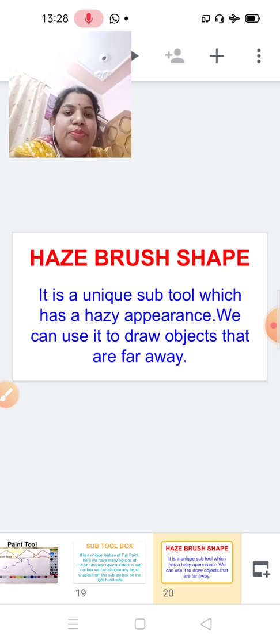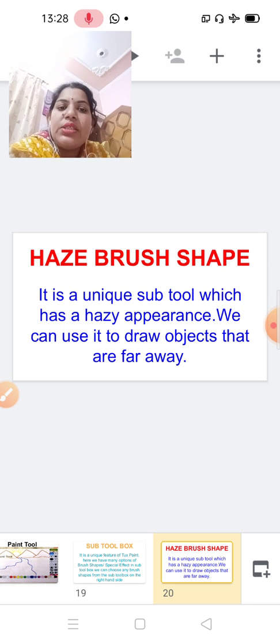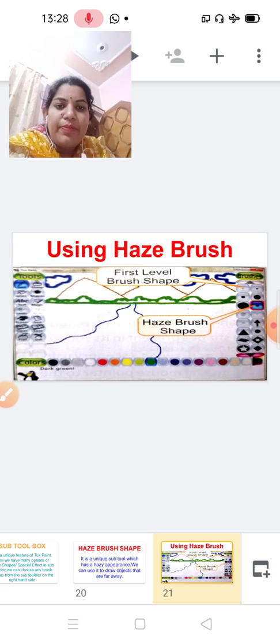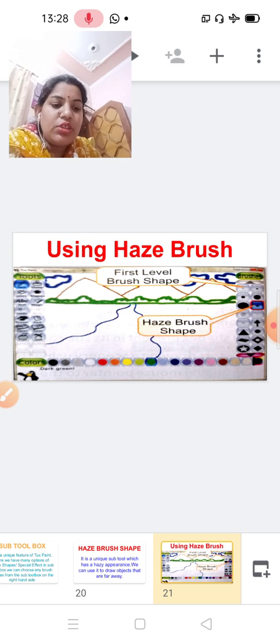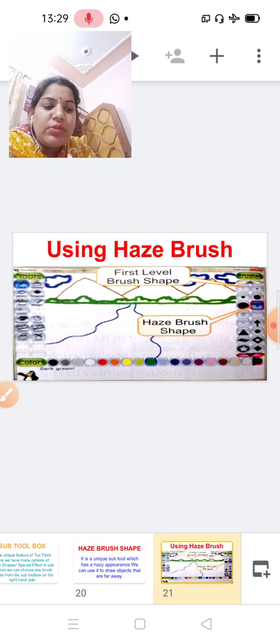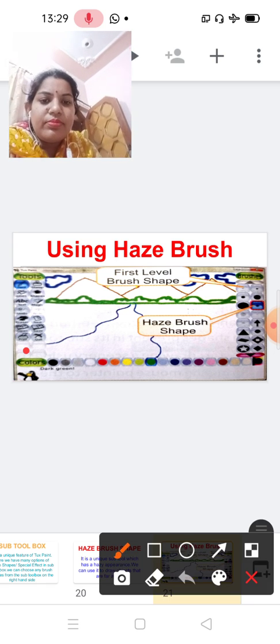First is the haze brush shape. It is a unique subtool which has a hazy appearance. We can use the haze brush to draw objects that are far away. First of all, select the paint tool from there.